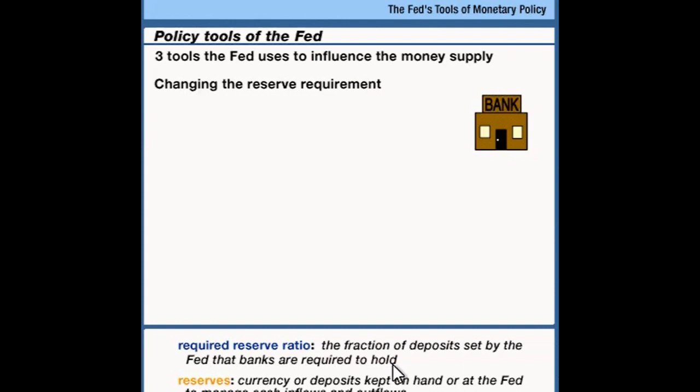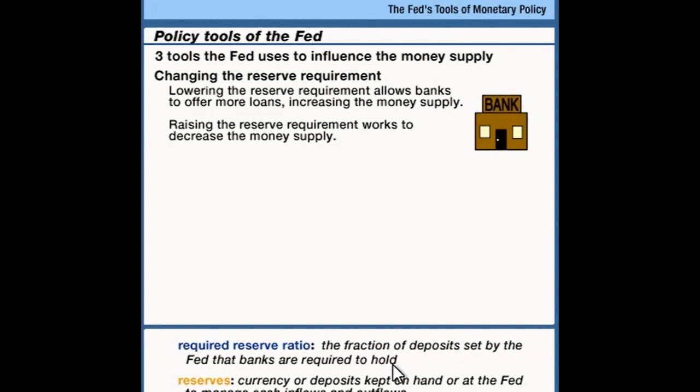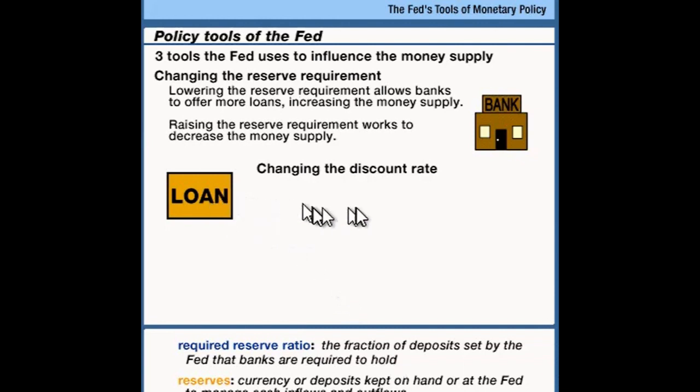So when the Fed tells banks that they don't have to hold as many reserves, banks are free to make more loans and create more checking accounts, and that increases the money supply. If the Fed increases the reserve requirement, then banks have to call in loans and destroy checking accounts and shrink the money supply. Now, the second tool that the Fed has available to it is changes in the discount rate. And the discount rate influences the likelihood that a bank will borrow from the Fed. The discount rate is the rate that the Fed charges insured depository intermediaries, that is all depositories like banks, savings and loans, credit unions that have federal deposit insurance from the government.